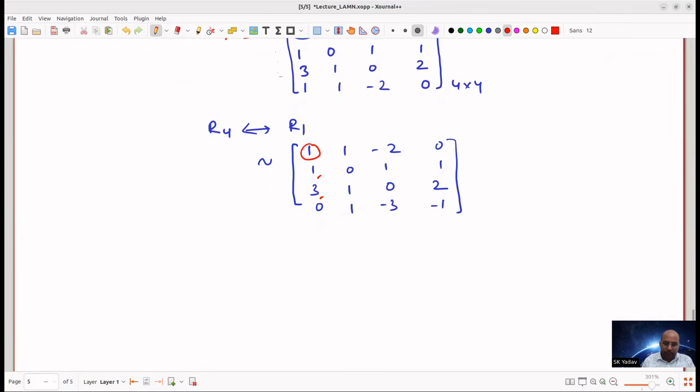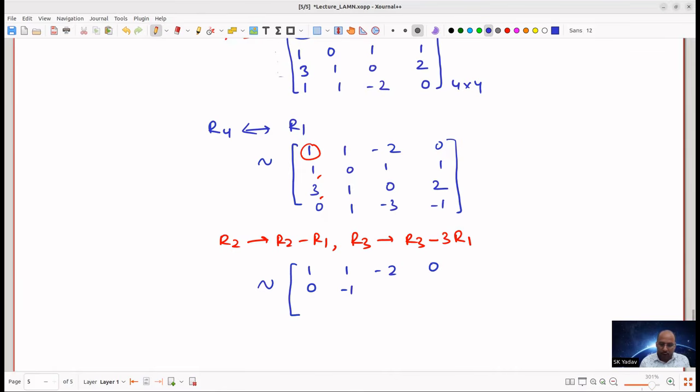So I will do R2 as R2 minus R1 and R3 as R3 minus 3 R1. By applying this operation, your matrix A will be changed to 1, 1, minus 2, 0, and then 0, minus 1, and here 1 minus 0 is 1, and 1 minus 1 is 0,